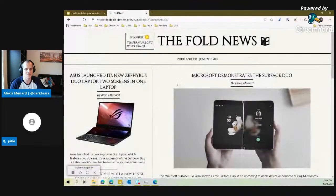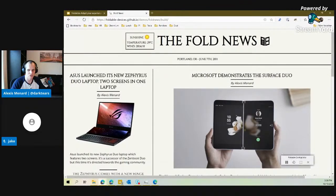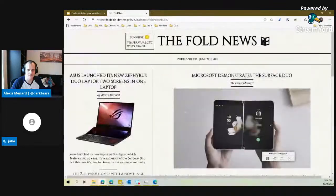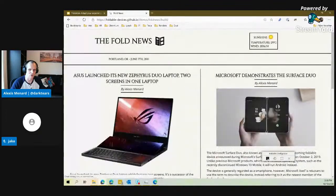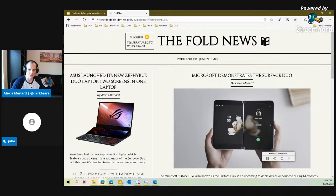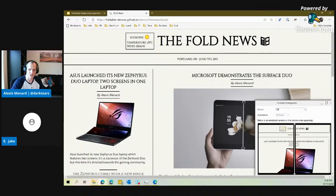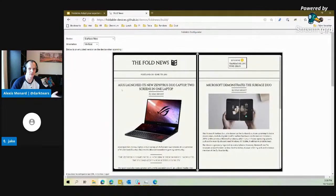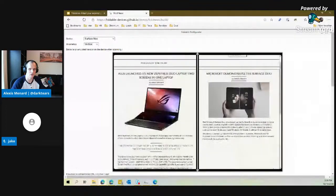So we have this little website here, and then there's this little foldable configurator, which is dropped on your page when you add the web component. So it's a regular website, so to say. And then if I click on this, it's going to trigger it, so it will lay out accordingly. If the seam was in the middle, it will lay out again. And then if I maximize it and make it even bigger, then it can emulate, for example, the Surface Neo,